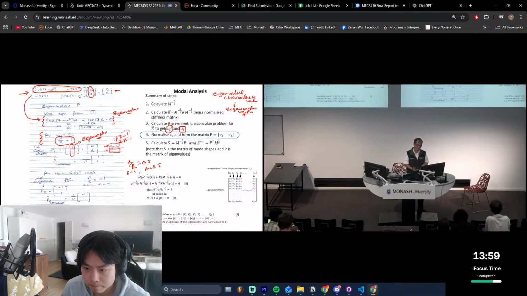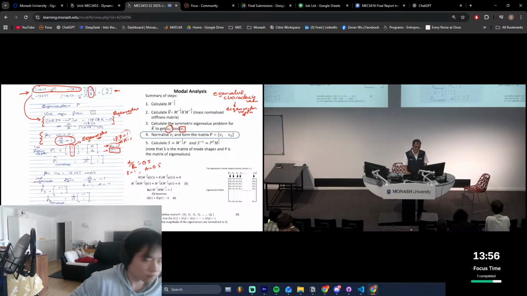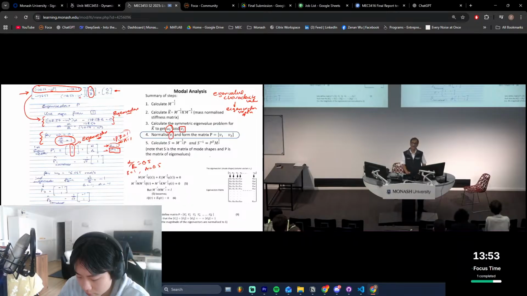Now, the technique or the steps proposed by Inman requires us to normalize our eigenvector. So here I have my first eigenvector. Work out the magnitude, which is equal to square root 2, divide by square root 2 on top and bottom, and this here will be my normalized first eigenvector. Then I do the same for my second eigenvalue, which is associated with the natural frequency of 16 radians per second. Now when you put omega 2 equal to 16 radians per second into this equation, which is the basis for the eigenvector, A on B is equal to negative